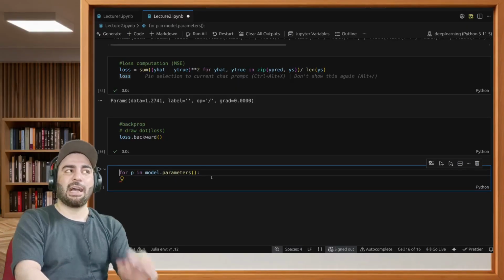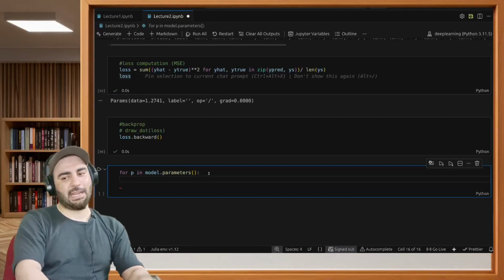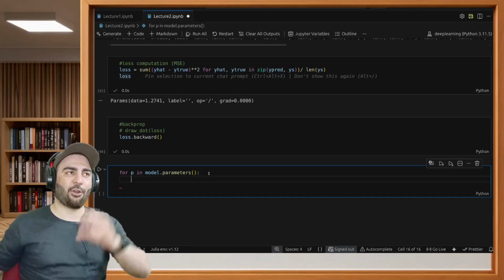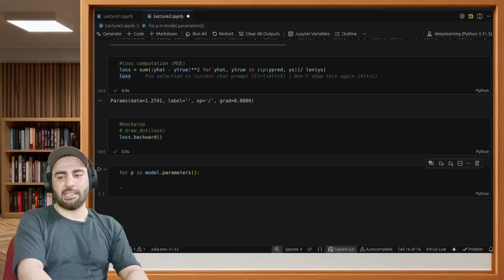And then what I can do is nudge the values. I can say for p in model.parameters, and take all these values. I already know that I have p.grad. For all these things, I have a gradient value. For all the parameters, I have a gradient. So what I can say is p.data,